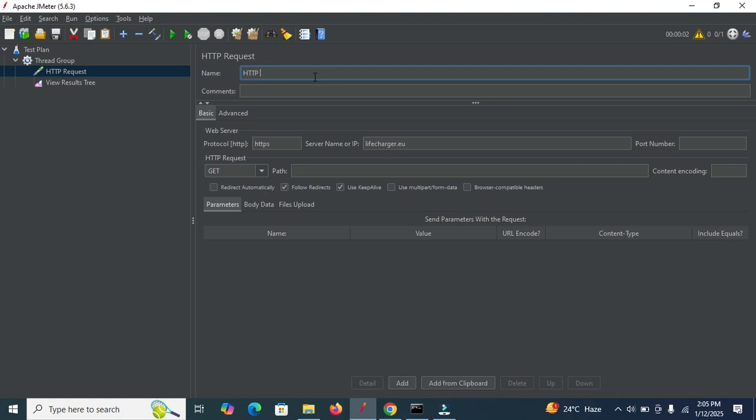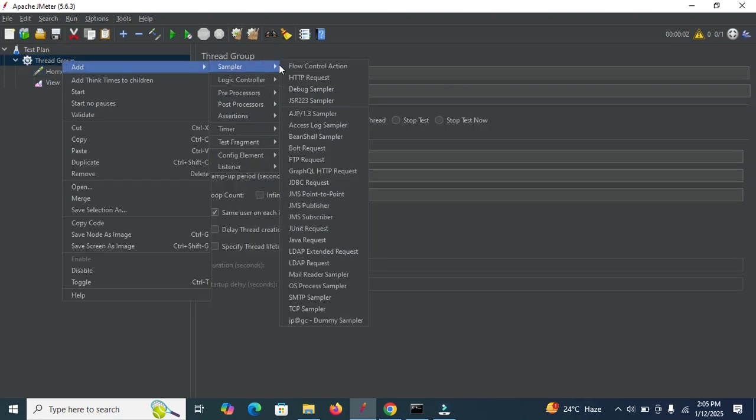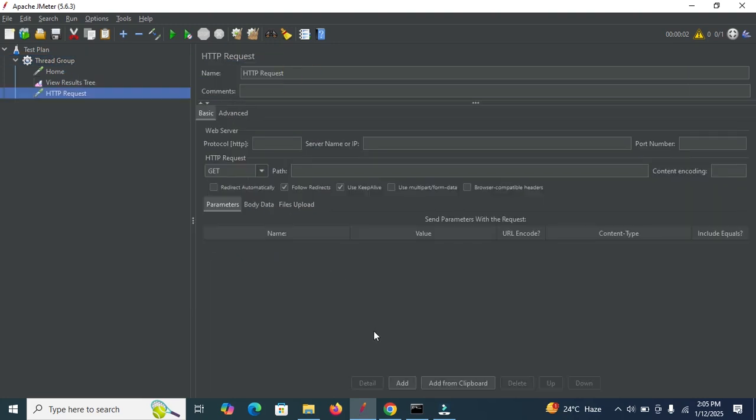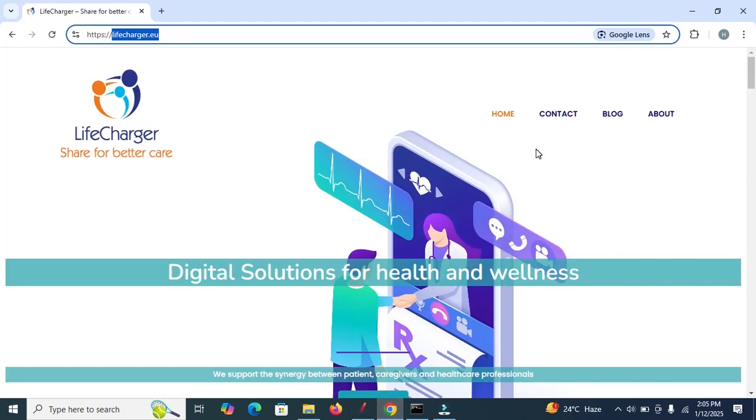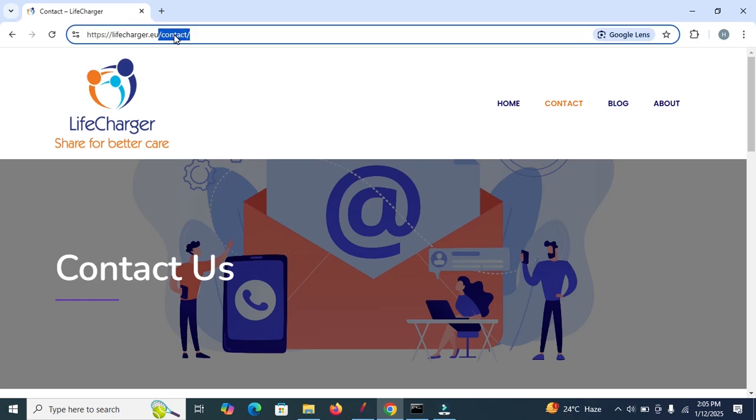Let's add another HTTP request. This is the home HTTP request, and we add another HTTP request. Right click on thread group, sampler, and then click on HTTP request. Suppose this is our second request and we want to perform the testing of the contact page. Copy this path. We just need to enter the path, server name and the protocol. Let's copy the complete URL